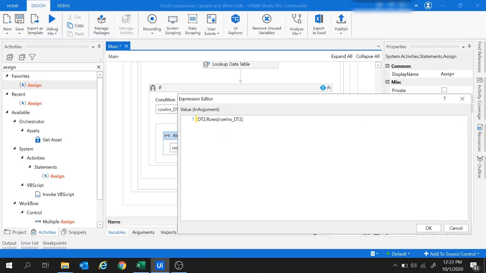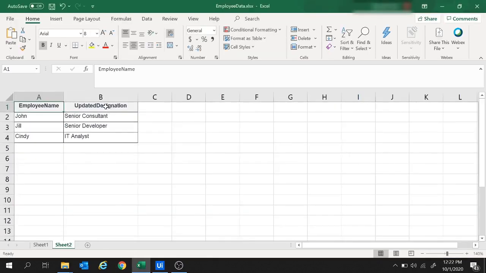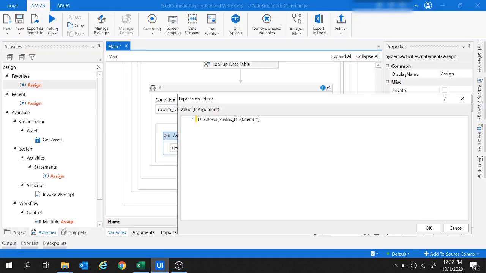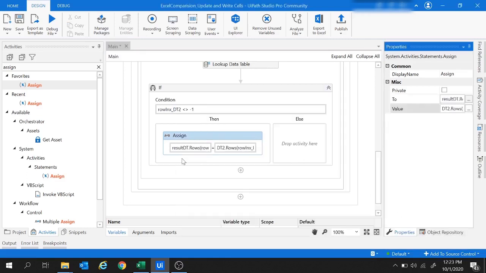Then put a dot and select Item, and here the column name is updated designation. So let's copy this one and paste it here. So we would like to write from data table DT2 with the row index DT2, which we will get from the lookup data table, and the column updated designation. So let's click on OK. So here the assign statement is ready.